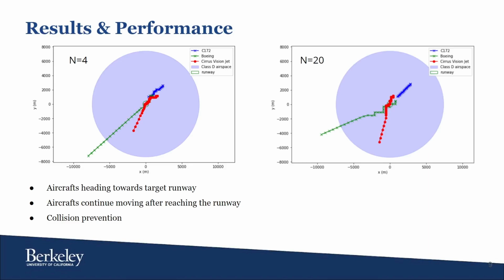Another feature we could add is collision prevention. As shown in the graphs, two of the aircrafts, the green one and the red one, would collide with each other if they start from their initial point at the same time. However, adding collision prevention would introduce other variables which would take a lot more time to do. We might work on these new features in the future.